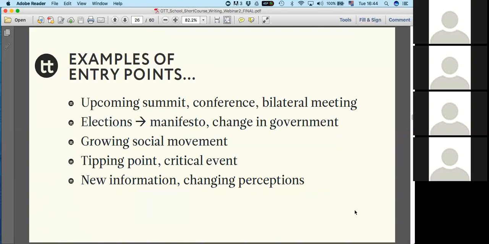They also point to entry points that might provide a means of change. So they'll talk about upcoming conferences where that particular topic is going to be discussed, and how it should be put on the agenda, and who should push the sorts of arguments that they're making. Similarly, other examples of entry points include upcoming elections, the development of manifestos for campaigns, growing social movements around a